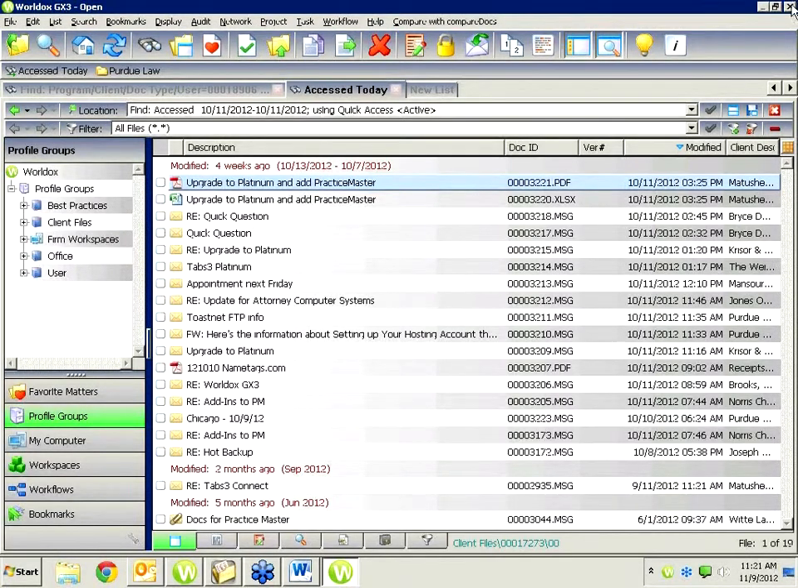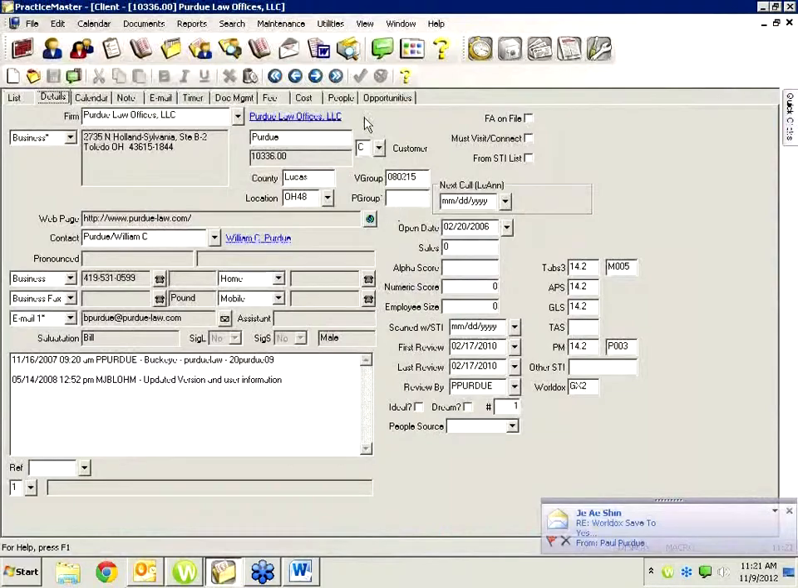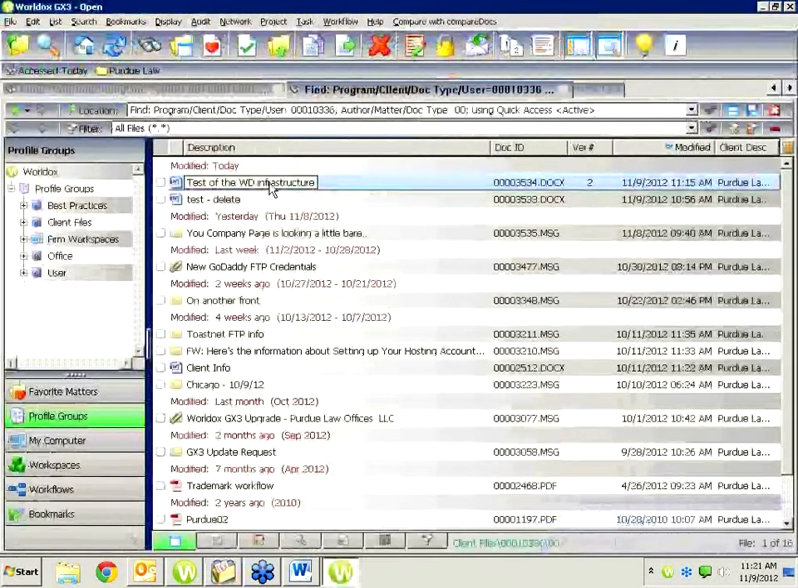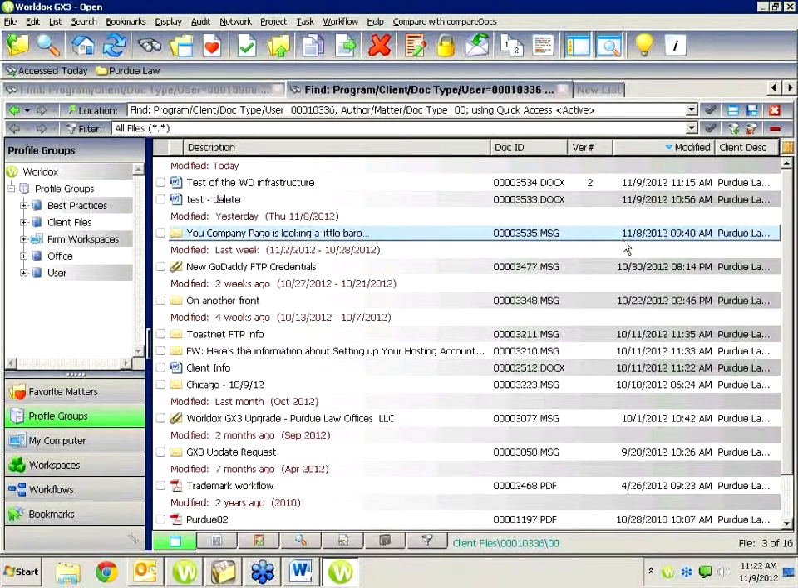let me actually go in this way, and display Worldox documents. And my indexer must not be running. Well, we'll pull up this one. There it is. There it is. It's from yesterday. When we pull this up,